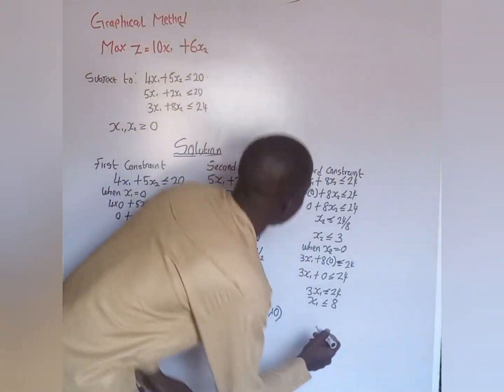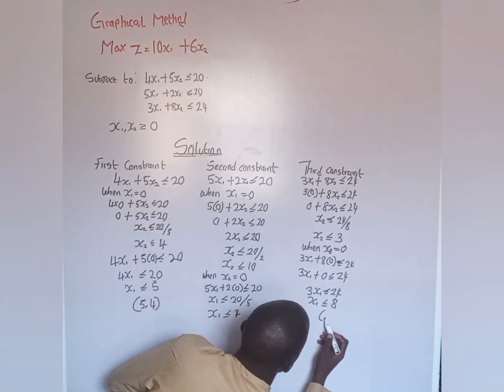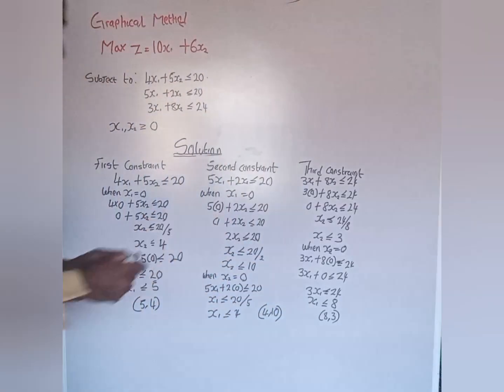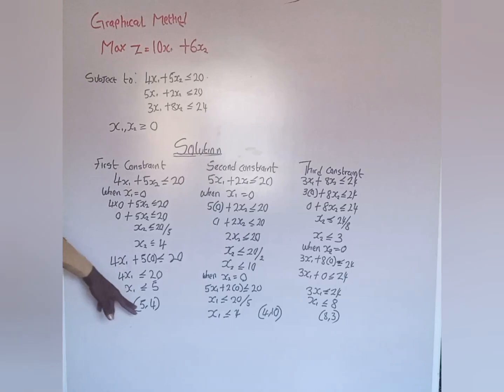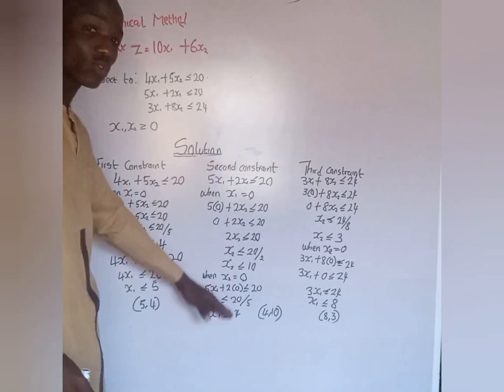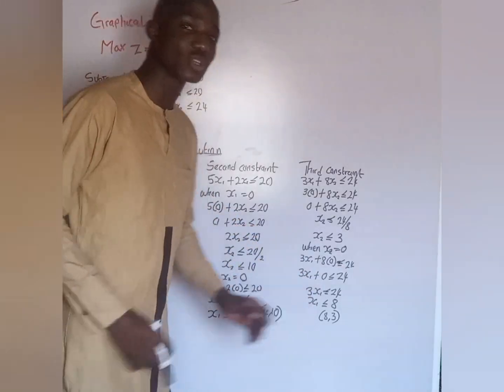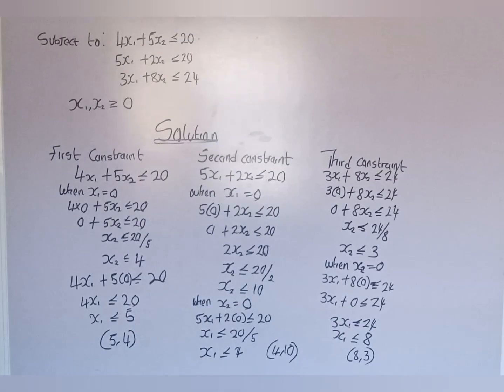So when we set x2 to 0 in this linear inequality, the value of x1 is 8. So the third coordinate is (8, 3). So we have the value of x1 and x2 for the first constraint, for the second constraint, and now for the third constraint. The next thing,